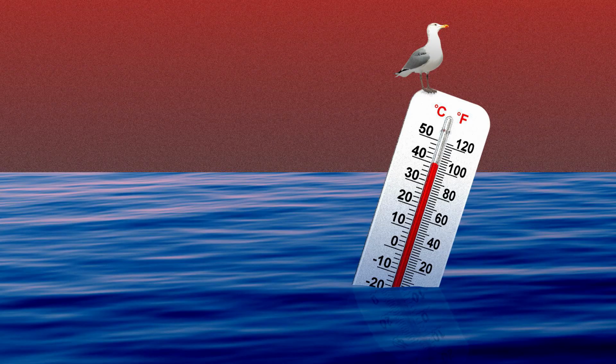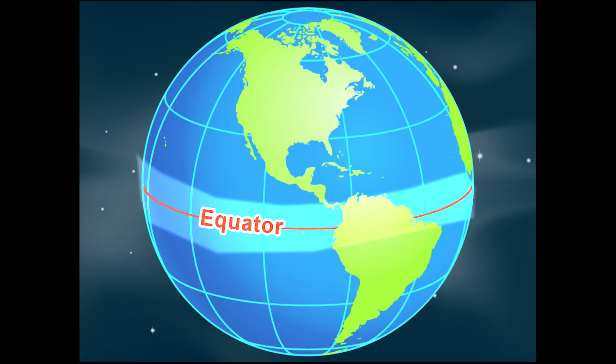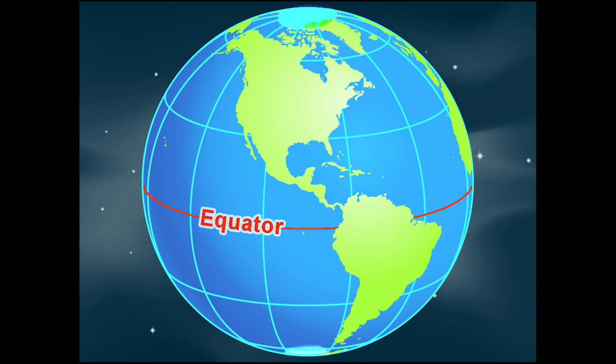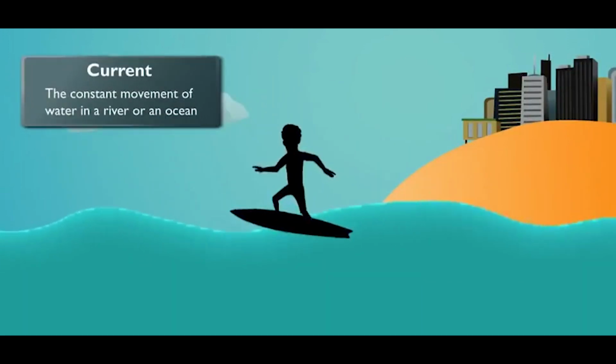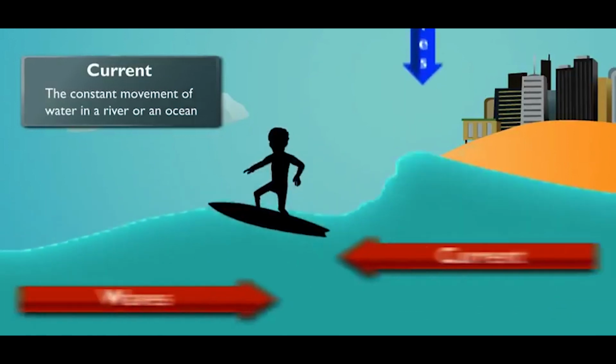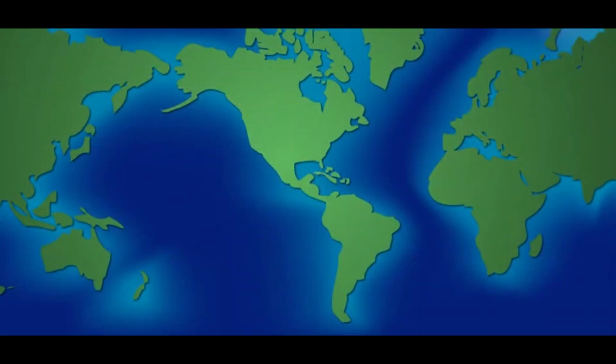Ocean temperature and circulation. The temperature of ocean water is different from place to place. Ocean water near the equator is about 30 degrees Celsius. Near the poles, ocean water can be as cold as -2 degrees Celsius. Ocean water is not always colder just because it is farther from the equator. Why is this so? Well,